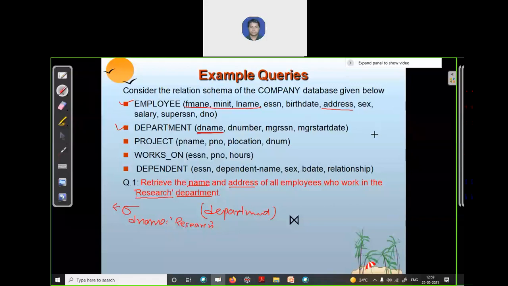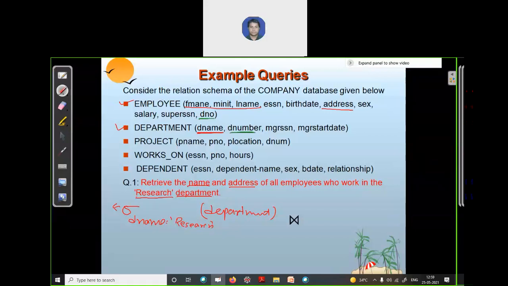Name? How can you say name? The name of the employee and the name of the department are different. D number, yes. As you can see, there is a D number which is common in these two relations, D number and D number.